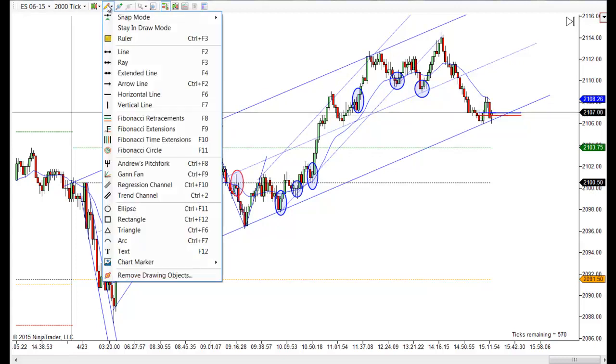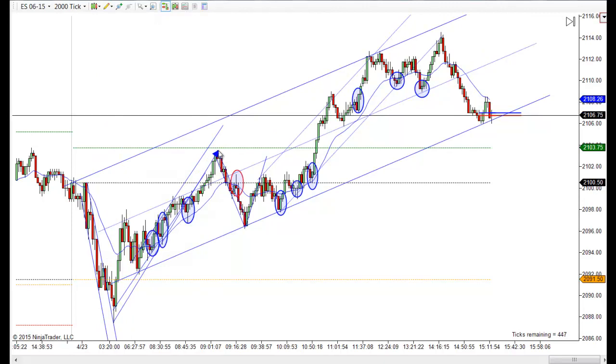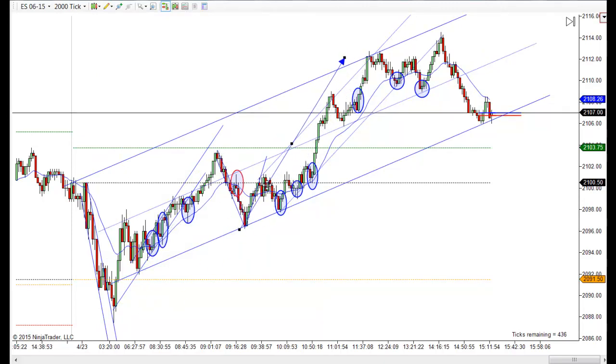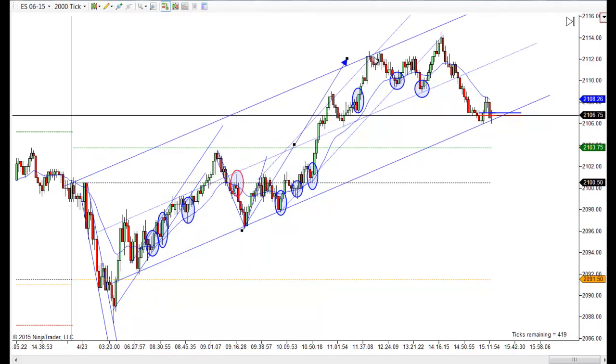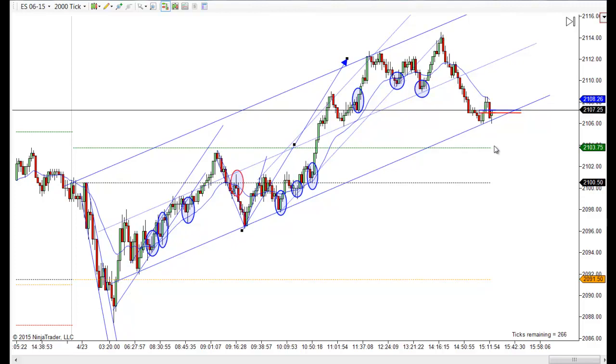The first thing I would have done is measured this first leg up. And then once we got going higher from there, I'd look for something similar. You can see that's pretty much where we topped. They made one more push up before it sold off, and that's not common. And you can see